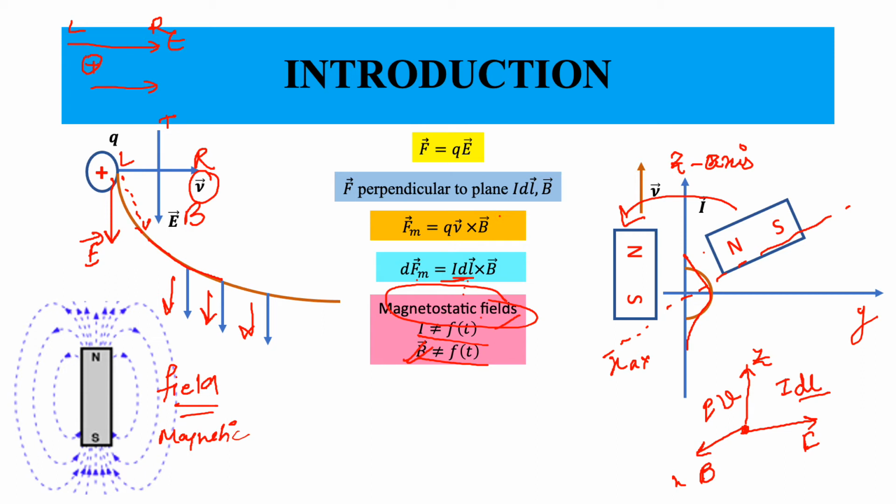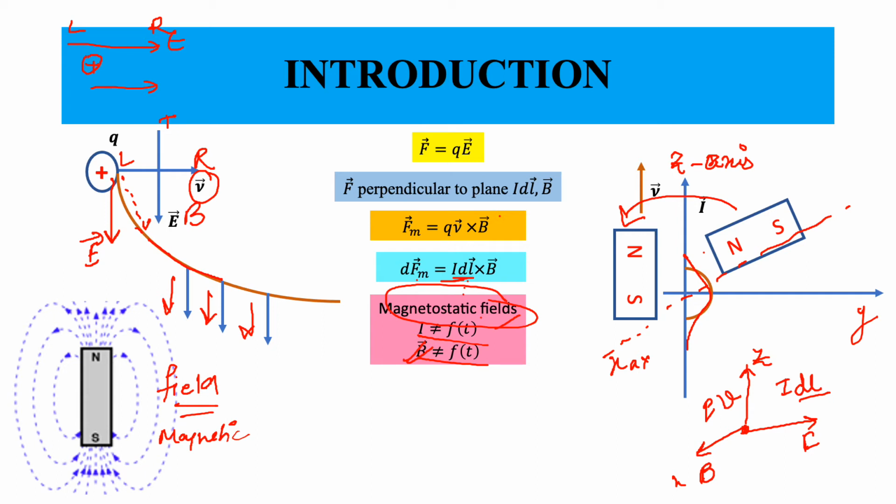So there is some time-dependent activity going on, but the net effect is such that the current is not changing with respect to time, and the fields that are generated are also not changing with time, giving you the magnetostatic field, static with respect to time. So we have this law. If we want to consider this equation, Fm is equal to qv cross B, now actually complete the force on the charge.